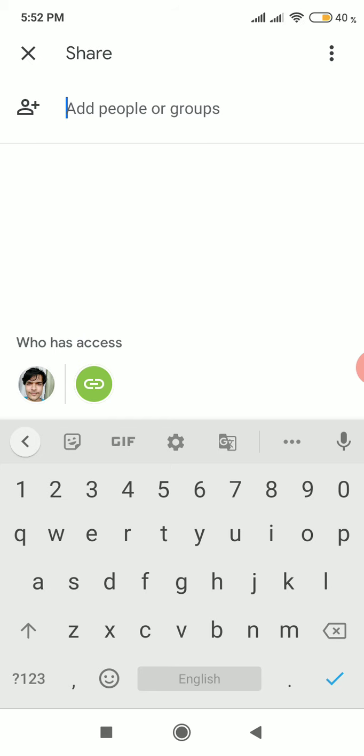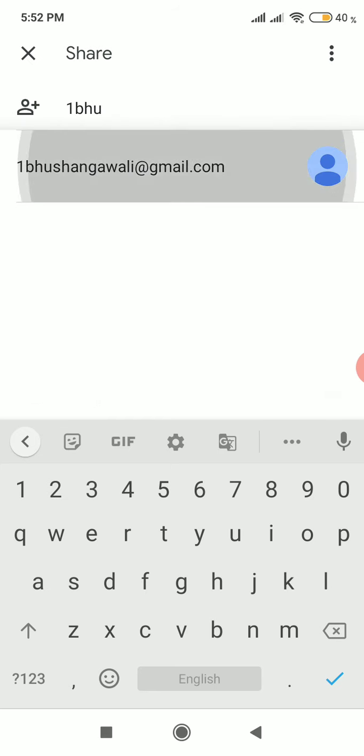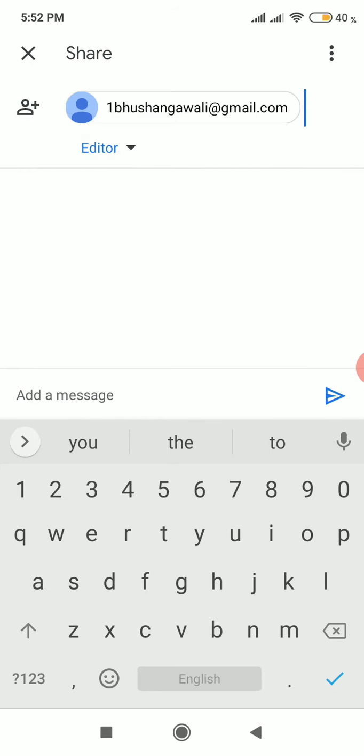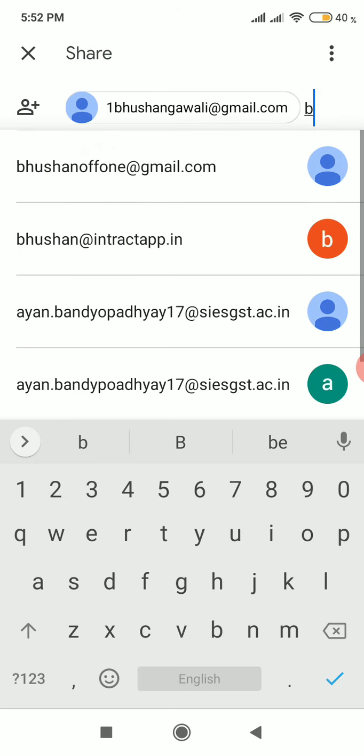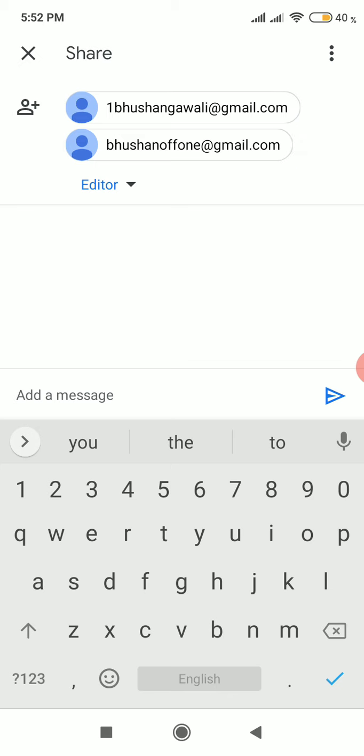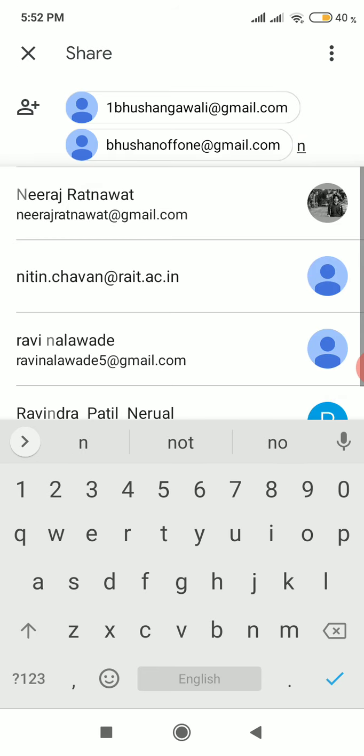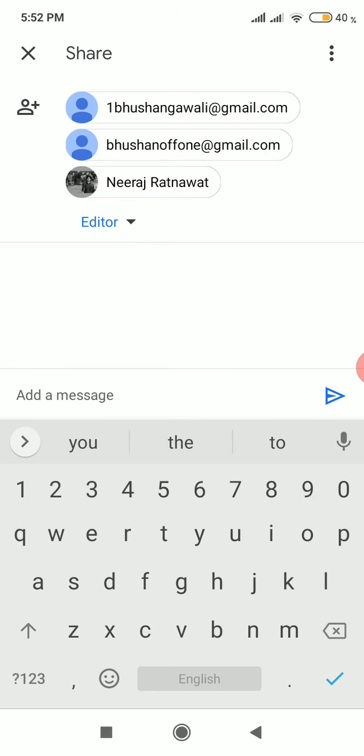For the timing, I'll just add my email, and another student, let's say, okay. Now there are these two students, and there is one teacher too. Bhushan and the other are the students and Neeraj is the teacher.